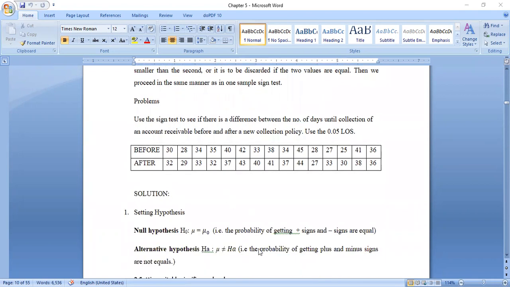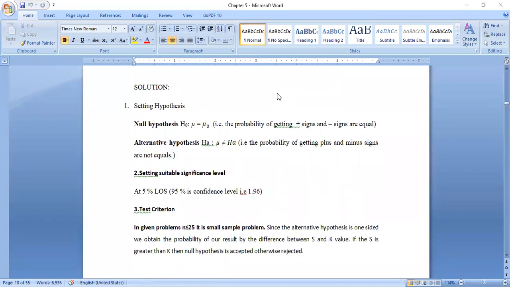So you observe carefully the information. See here, before value is given and after value is given, two pieces of information are given. Based on this, already we have done a single sample sign test, small sample, already we have done. So you observe carefully here. Simply I am going to the solution here. You observe the solution.